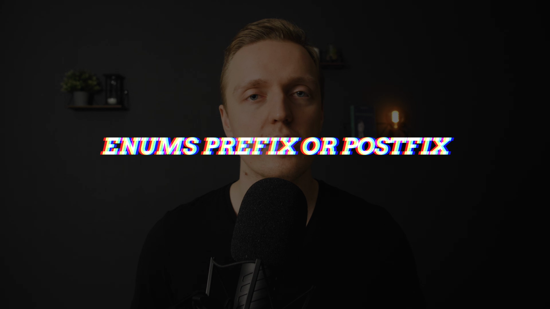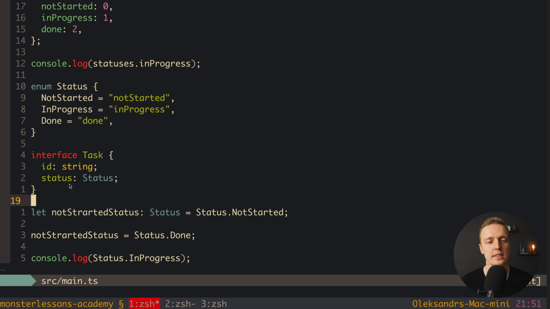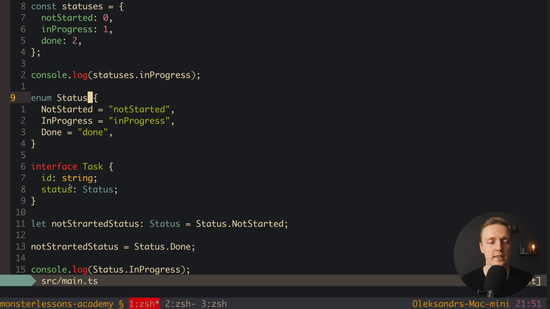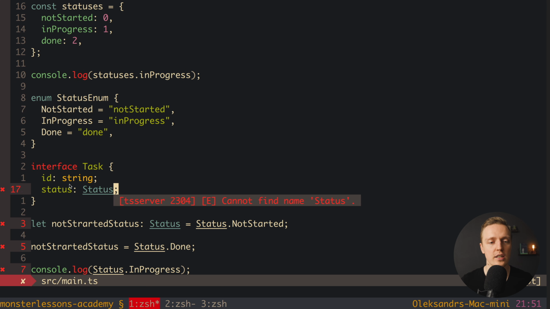So we are on the safe side, and this is why I highly recommend you to use enums for all constants in your application. Also, in the same way like we did previously with interfaces, it is a nice practice to prefix or postfix your enums somehow. Here we're seeing Status and we actually don't know what it is. Is it an enum, an interface or a class? This is why I highly recommend you to write like this. We can write StatusEnum, for example, and then here we can change it to StatusEnum. In this case, with this line, everybody can see that this is exactly an enum. It's not an interface, it's not a class. And I highly recommend you to do the same for all your entities in the project.